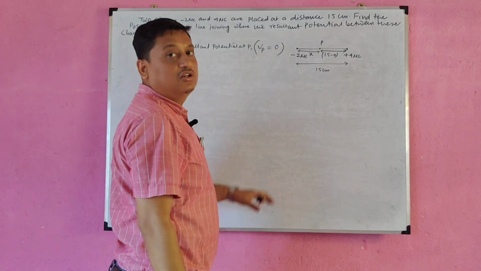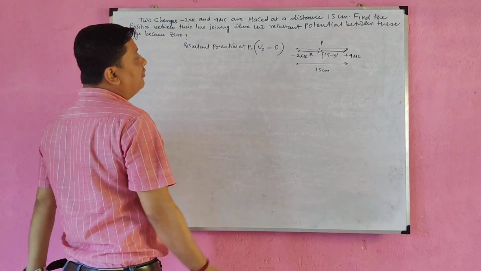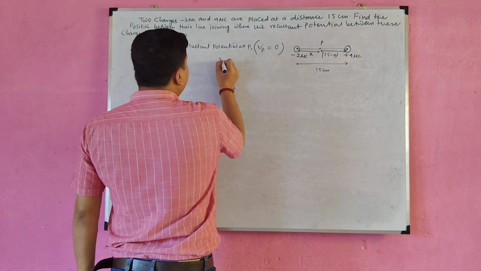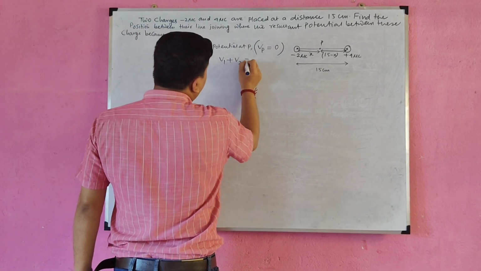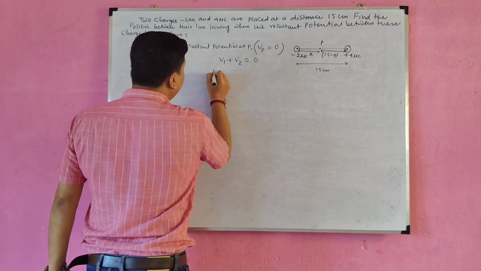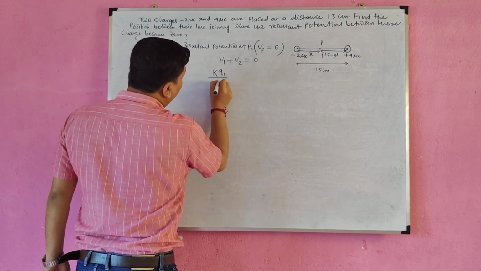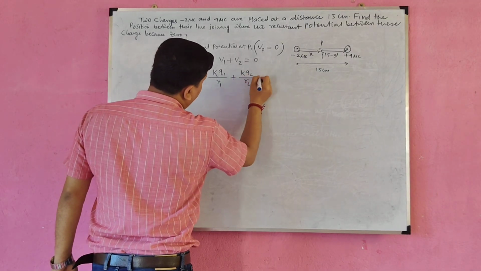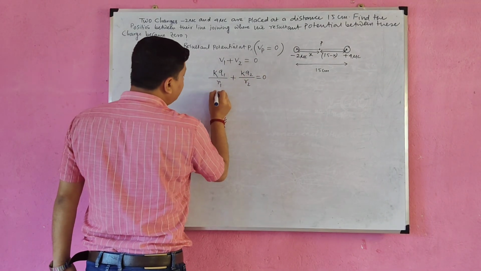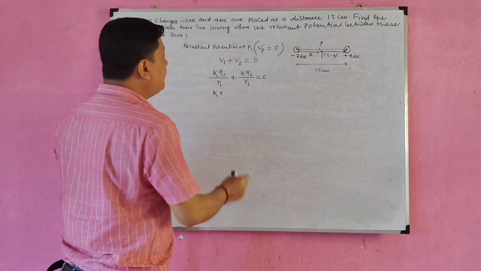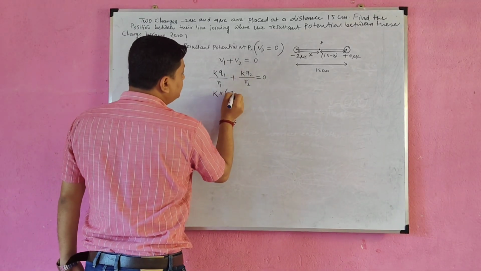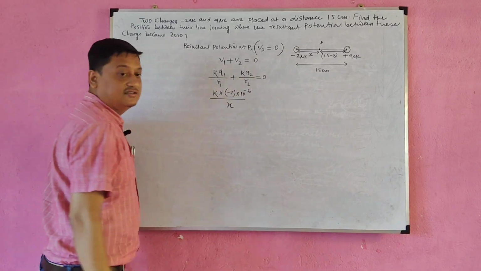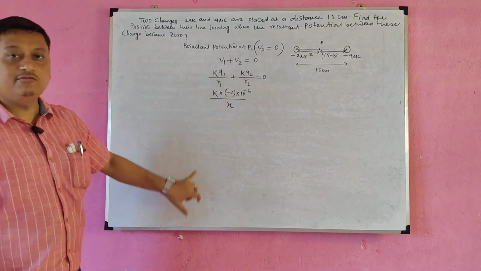0. And you know that this resultant potential is a combination of two potentials, for this charge and for this charge. So we can write V1 plus V2 equals to 0. In place of V1, what we can write? K Q1 upon R1 plus K Q2 upon R2 equals to what? 0. Now in place of K we have to write K. In place of Q1, what you have to write? Minus 2 microcoulomb. Micro means what? 10 to the power minus 6. What is the distance? x over there. Just we are writing from the basic formula.